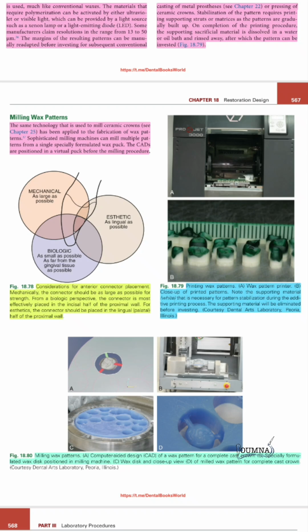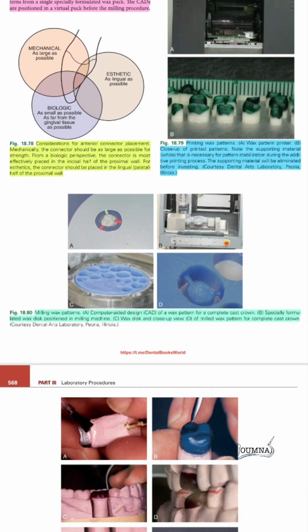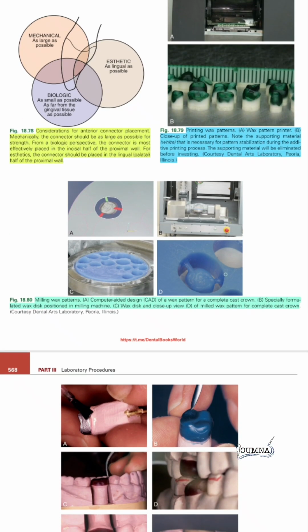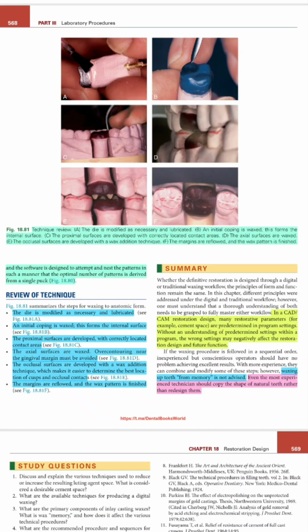Here it is printed by an additive procedure, where it is built layer by layer, or it can be milled from a disc. To sum things up, the first step is lubrication, then initial coating of wax, then the proximal surfaces